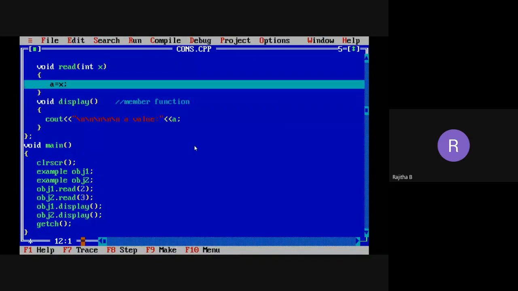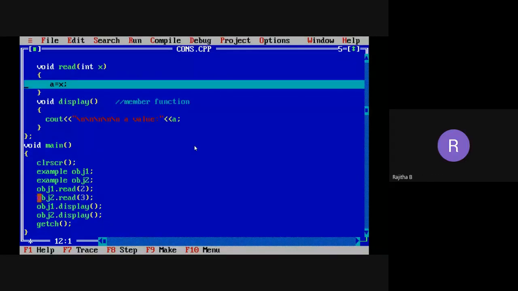So in the previous obj1, what is the A value in obj1? 2. Now I'm calling the read function with obj2. Now what is the obj2 data member A value? 10.